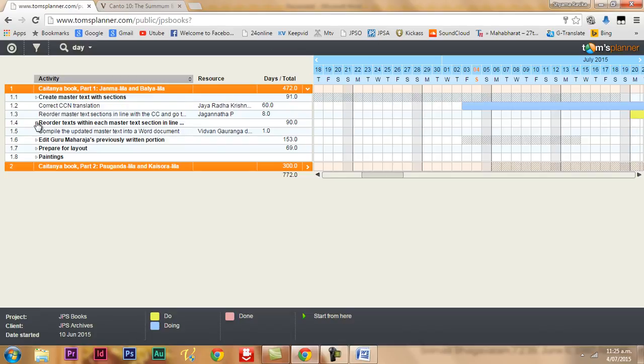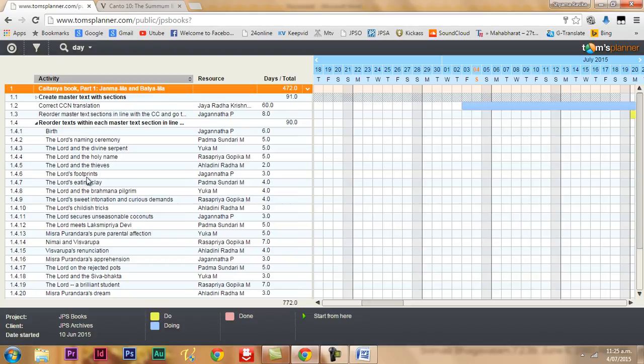Within that, these are the different sections inside Janma Leela, birth pastime, and Balya Leela, childhood pastime. This is one pastime, birth, how the Lord was given his name, how he played with Ananta Shesha, how he made everyone chant Krishna's names. And there were two thieves whom the Lord bewildered.